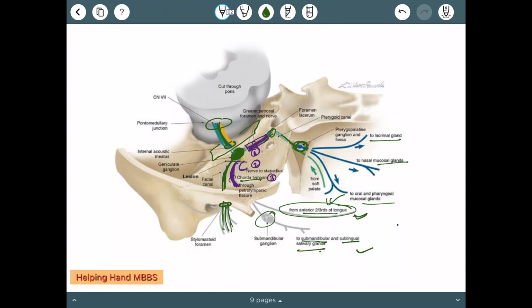So can you guess what will be the neural column for this anterior 2/3 of tongue taste supply? It is very easy. First it will be afferent, it will not be efferent, and because taste sensation is special sensation, there will be S, and there will be V, because the tongue has smooth muscle. So special visceral afferent.